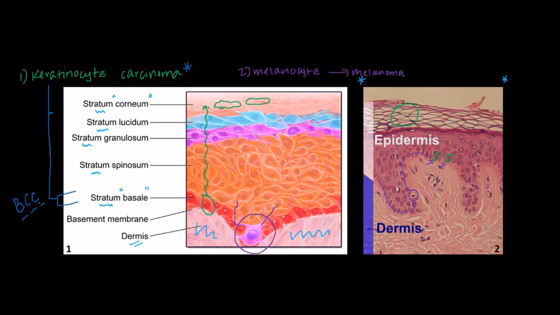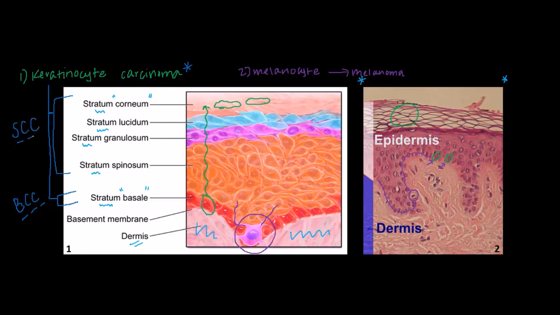On the other hand, if keratinocyte carcinoma arises from any of the keratinocytes above the basal cell layer, so the stratum granulosum, spinosum, etc., we call it a squamous cell carcinoma, or